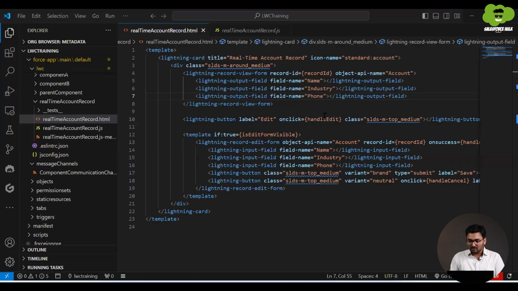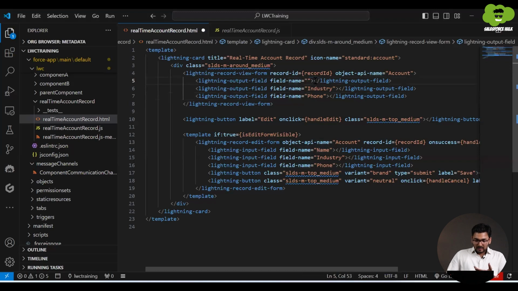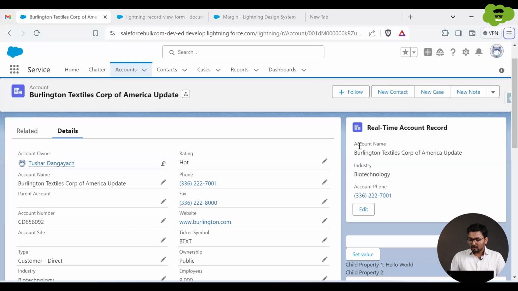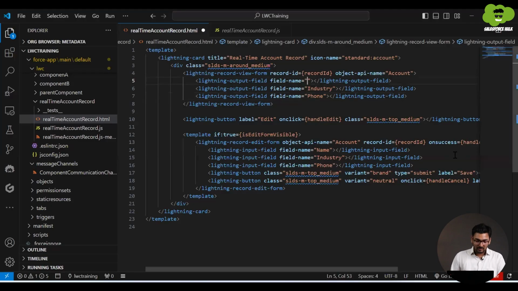Right? If I change the field name and give it something else, then it will show that particular field and its data. It will display that according to the field name, right? So I have simply specified the field API name and it's working. And how it is working? Because